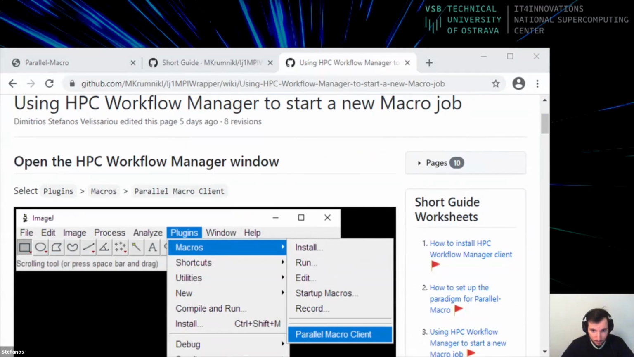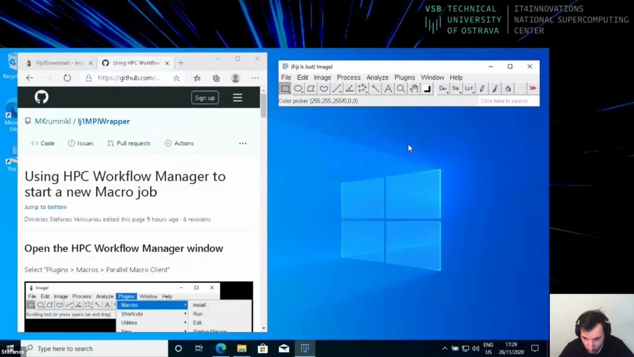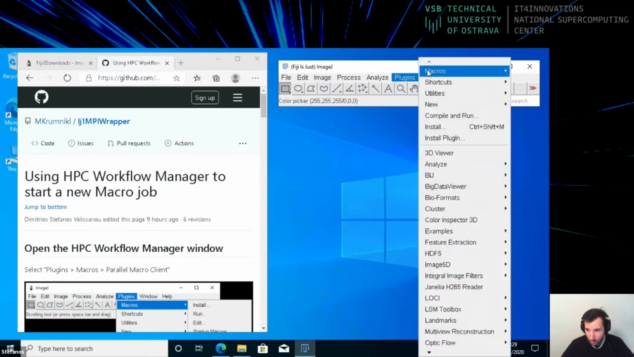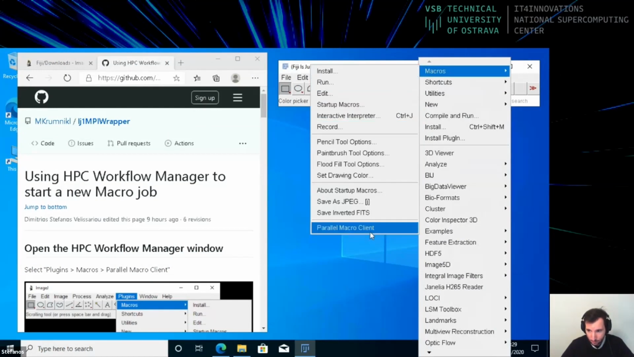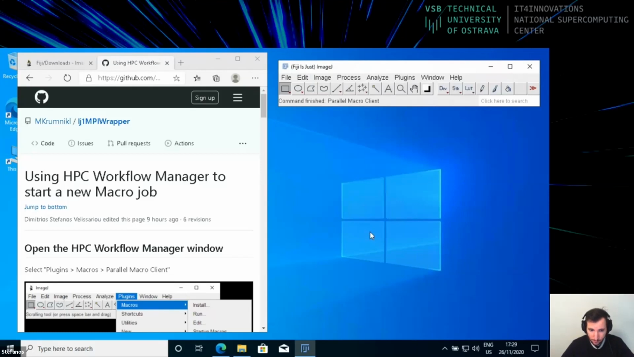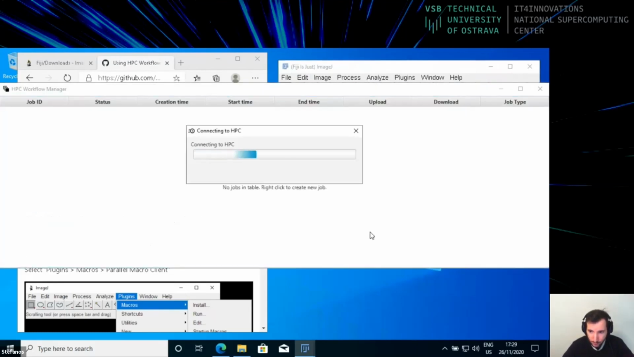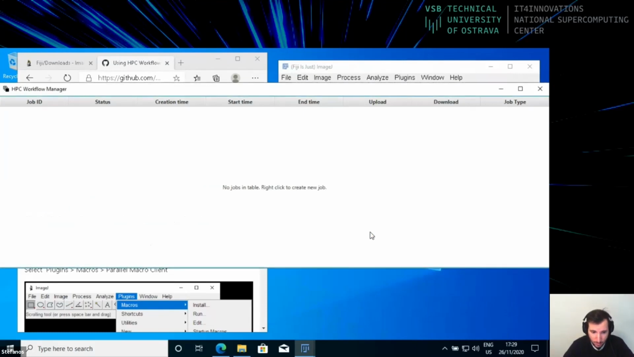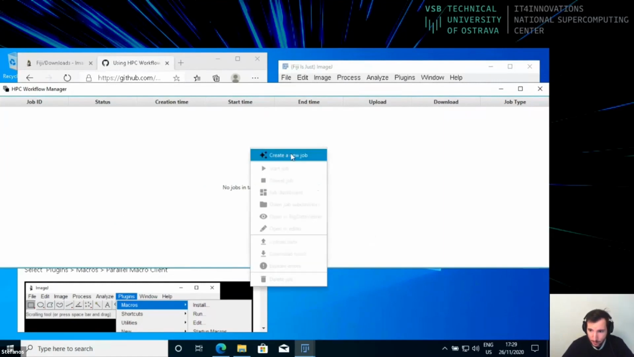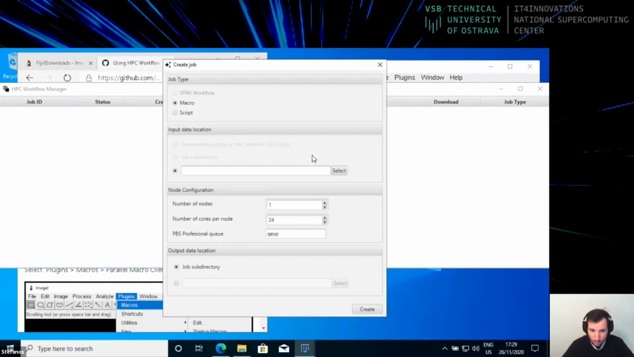We will be using a pre-made macro that is parallelized, and you will find this in this worksheet. But let me show you, and please follow along. So now I'm going to reopen the plugins, macros, and parallel macro client. I'm going to click on it, and now we should all see this window, and we can now right click and click on create a new job. This window will appear,